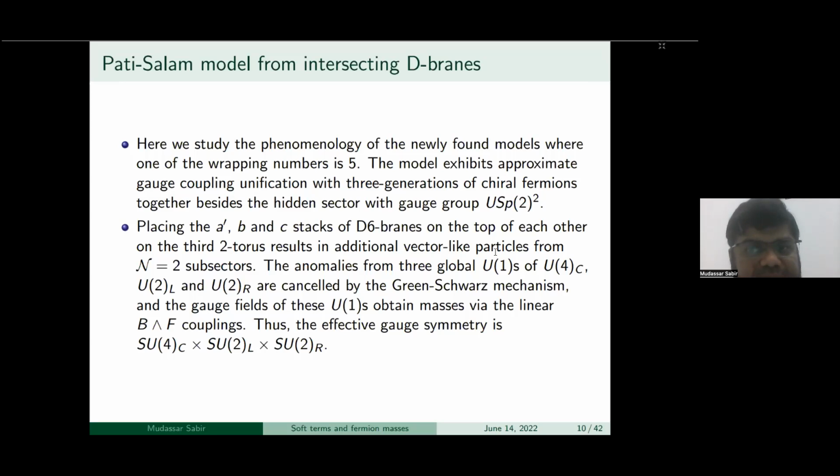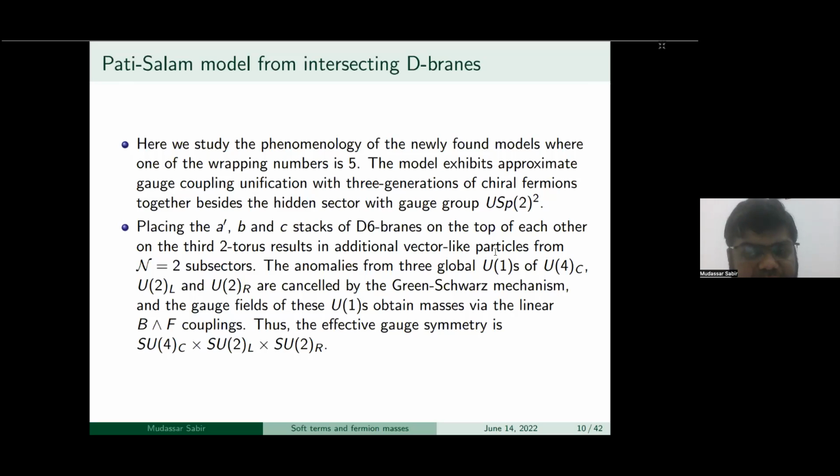The model exhibits approximate gauge coupling unification with 3 generations of chiral fermions, together with a hidden sector with the gauge group, the 2 gauge groups, the product of unitary symplectic 2. Placing the A prime, B, and C stacks of D6 branes on top of each other on the third 2-torus results in additional vector-like particles from N equals 2 subsectors, and the anomalies from the 3 global